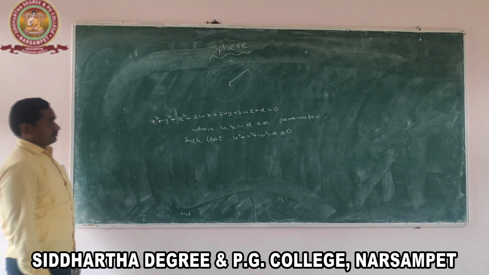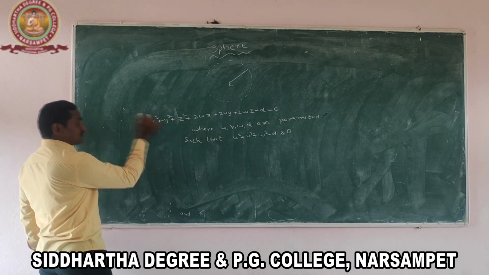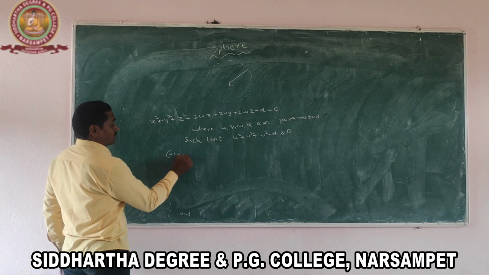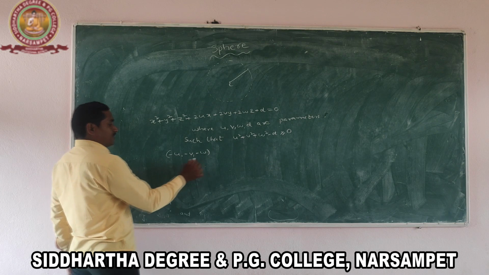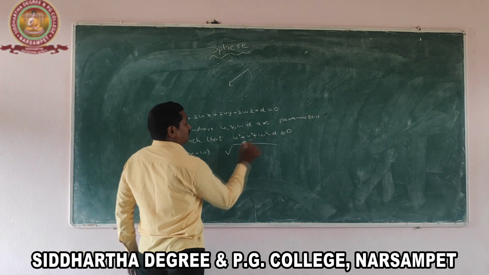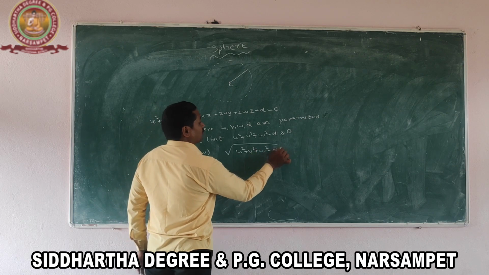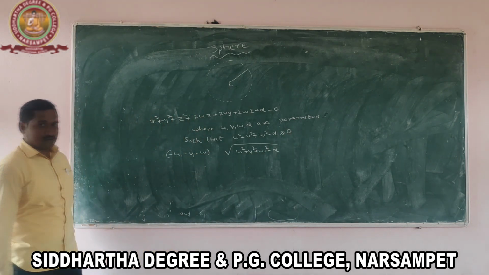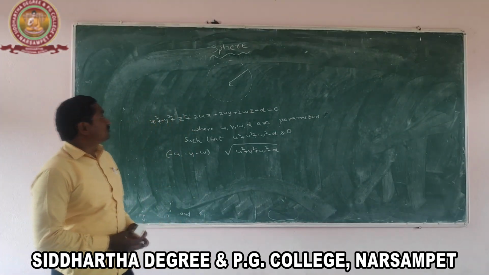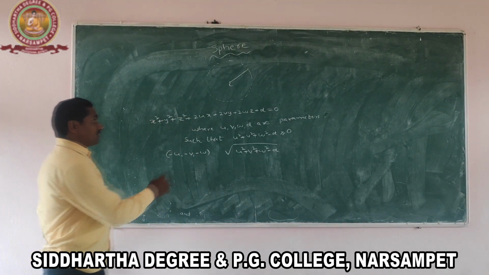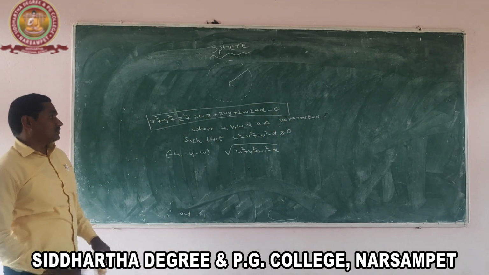Here the center of the sphere of this equation is minus u, minus v, minus w, and its radius is given by the square root of u square plus v square plus w square minus d. So this is about the center and radius of the sphere equation given by this one, right?